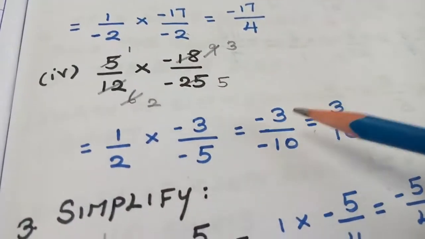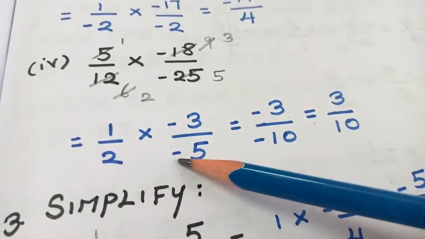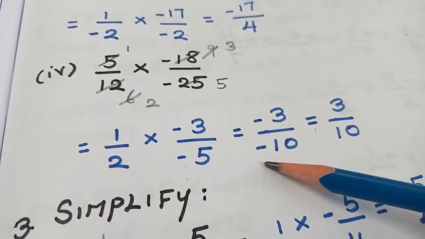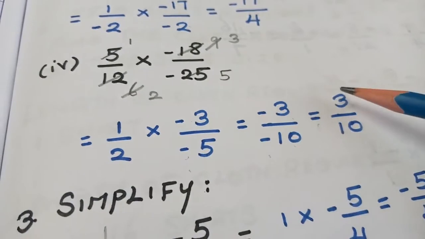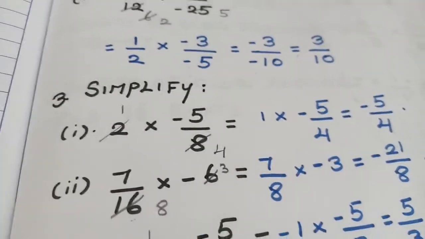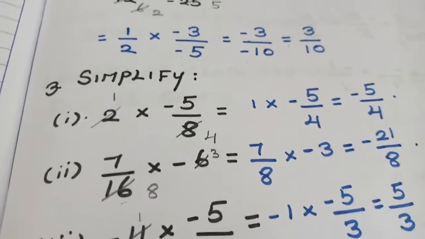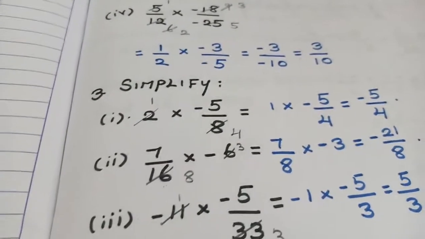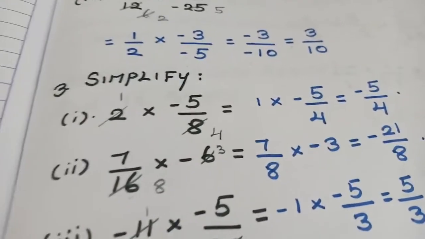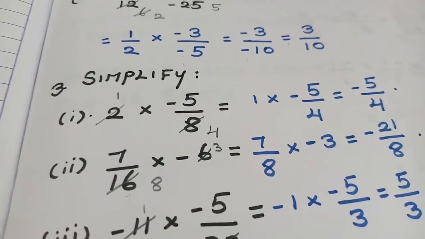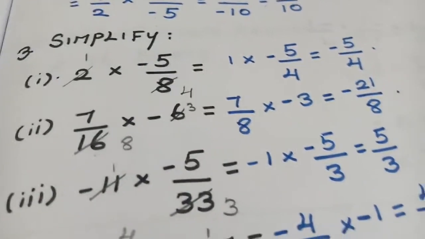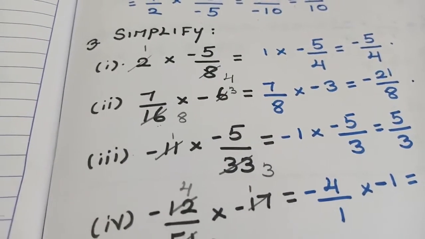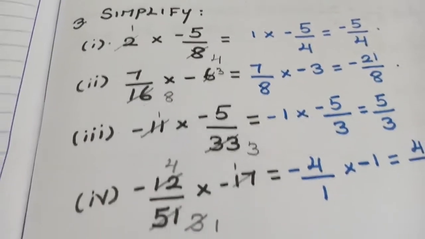1 into minus 3, minus 3. 2 into minus 5, minus 10. The minus signs get cancelled, and you will get the value as 3 by 10. So this is the procedure of cancelling, that is, top and bottom. It can even be a cross multiplication method also. The procedure is one number at the top and another at the bottom; you cancel and find the value. You have to work out sums a lot of times, then only will you get an idea of doing the sum.